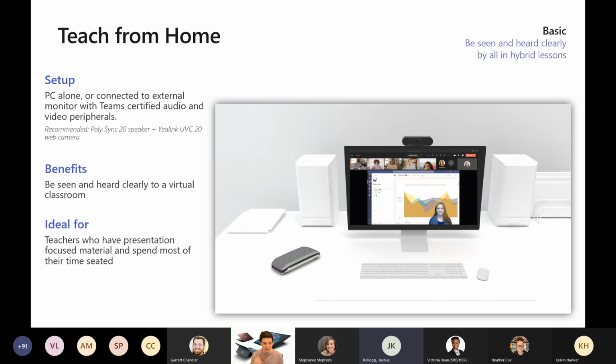But we're also going to recommend a dedicated audio peripheral and a dedicated camera. Yes, laptop cameras have come a long ways, but for $50 or less, you can get an even better camera that will plug directly into your device, Teams certified, and provide the best possible quality. Same thing with the speakers. Your microphone and your speakers on your laptop or your desktop, depending on what kind of device you have, can vary really a lot. By using something like a speaker puck,